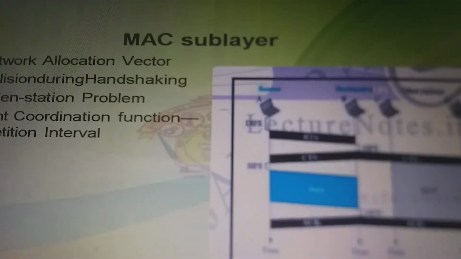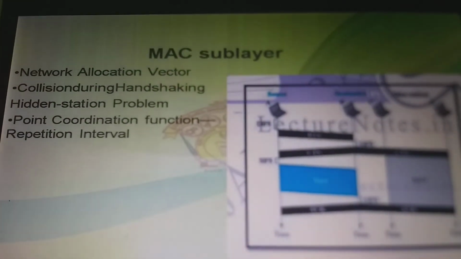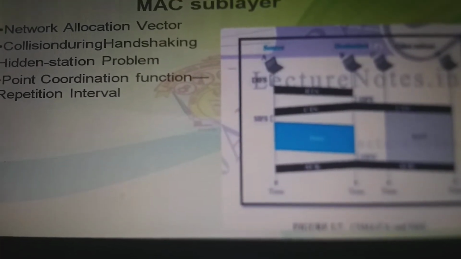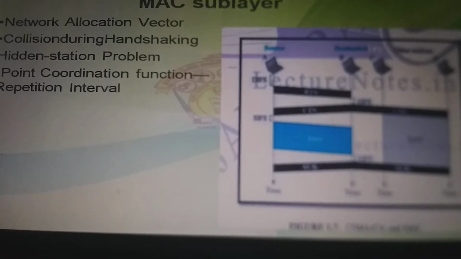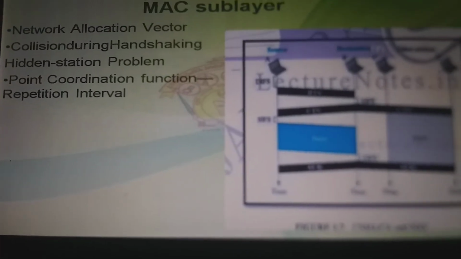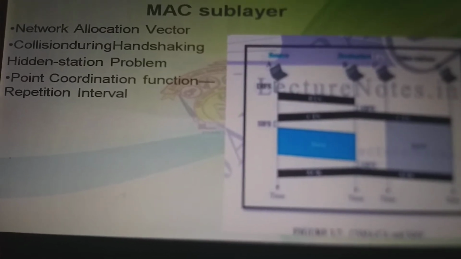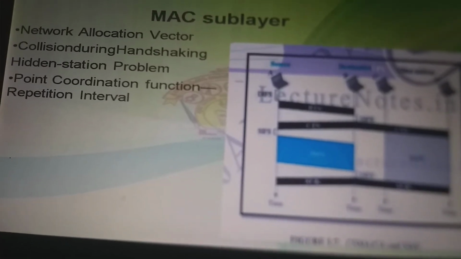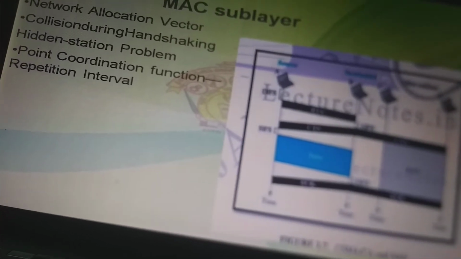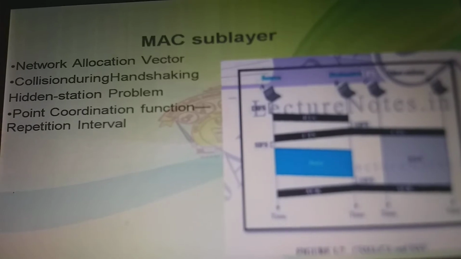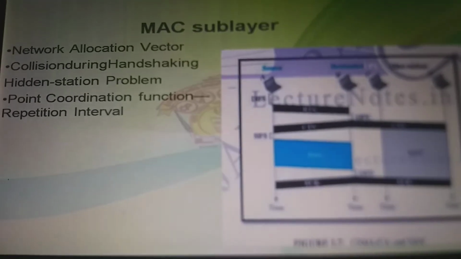If there is a need to give priority to PCF over DCF, another interframe space, PIFS, has been defined. PIFS is shorter than DIFS. If at the same time a station wants to use only DCF and an AP wants to use PCF, then the AP has priority. As PCF has priority over DCF, stations that only use DCF may not gain access to the medium. To prevent this, a repetition interval has been defined to cover both contention free PCF and contention based DCF traffic. Here we are going to study what the repetition interval is.